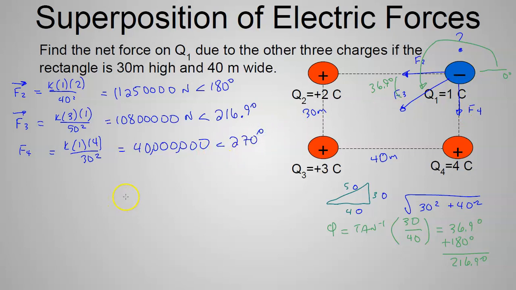All right. The last step then would be to add these 3 vectors, and if you remember, there's kind of 4 steps to doing that. First up, we need to say what's r sub x. That's where we're going to use cosine. So I'd have to have the first one times the cosine of 180, the second one times the cosine of that, this one times the cosine of that. Now I wonder if we couldn't make our life a little bit easier here